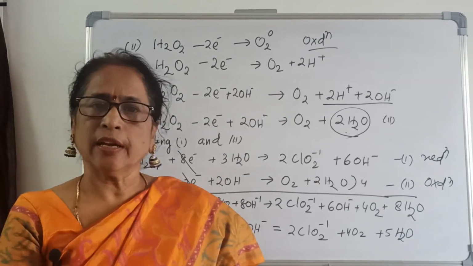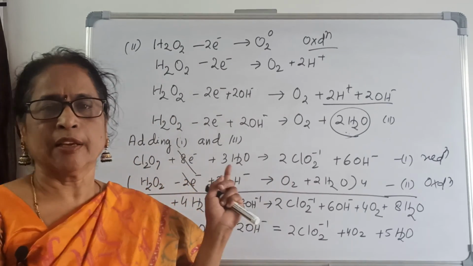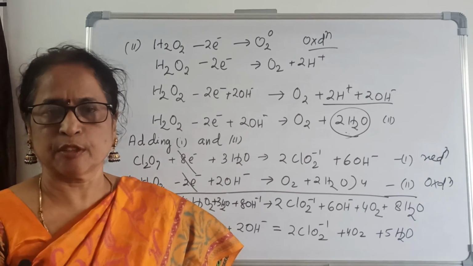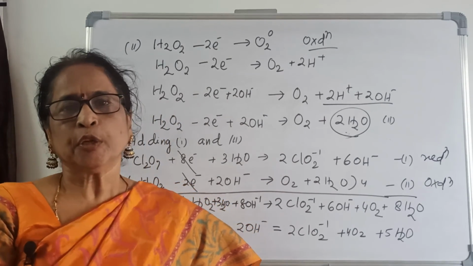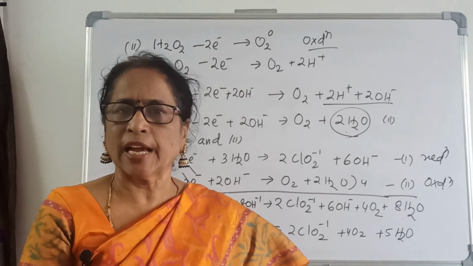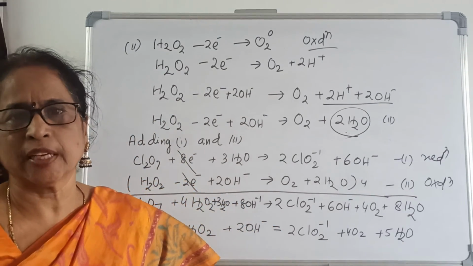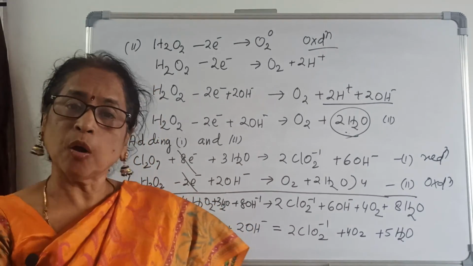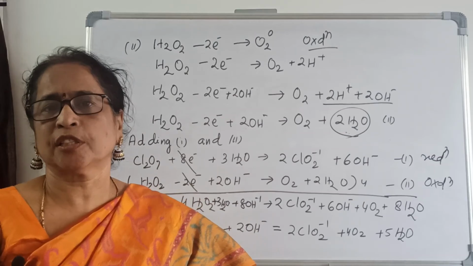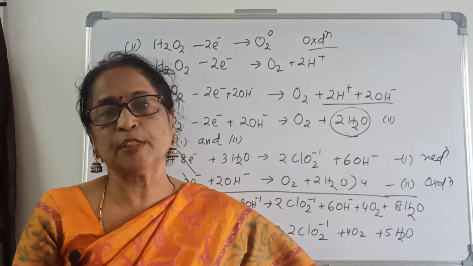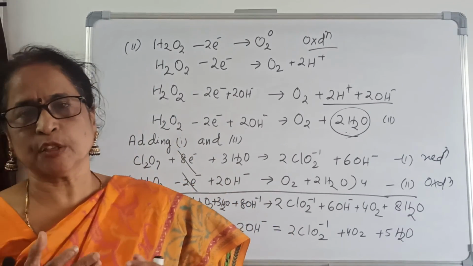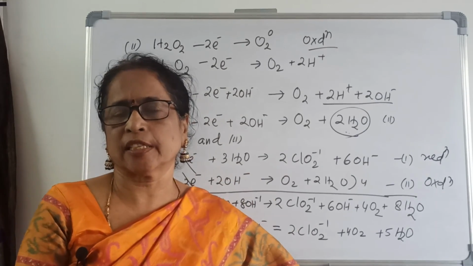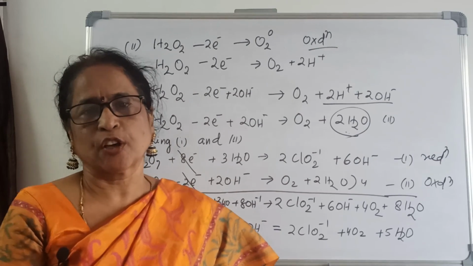Now I have already explained balancing redox reactions by the ion electron method, that is the half reaction method. I hope it is clear. You can do any question you get, and if it is not possible then ask me in my comment box. And next is how the redox reaction is the basis for acid base titration. What is acid base titration and how is it related to redox reaction, I will explain in my coming video.